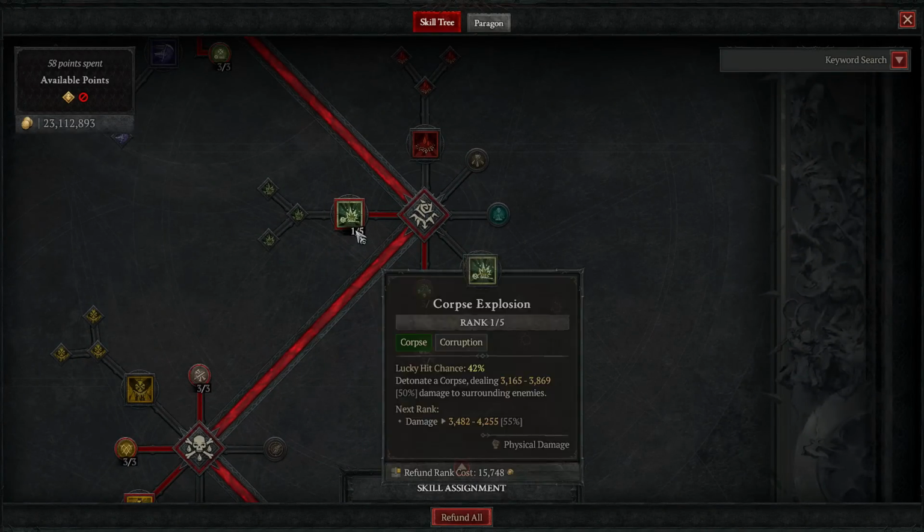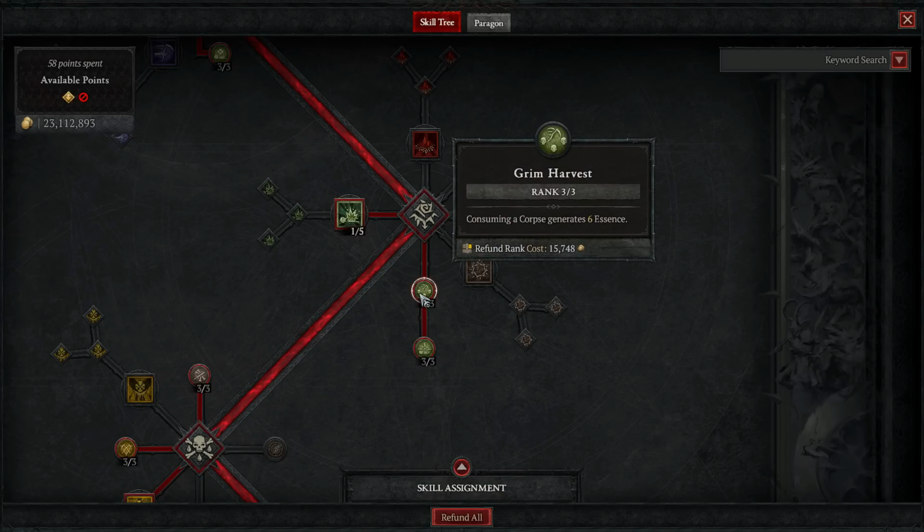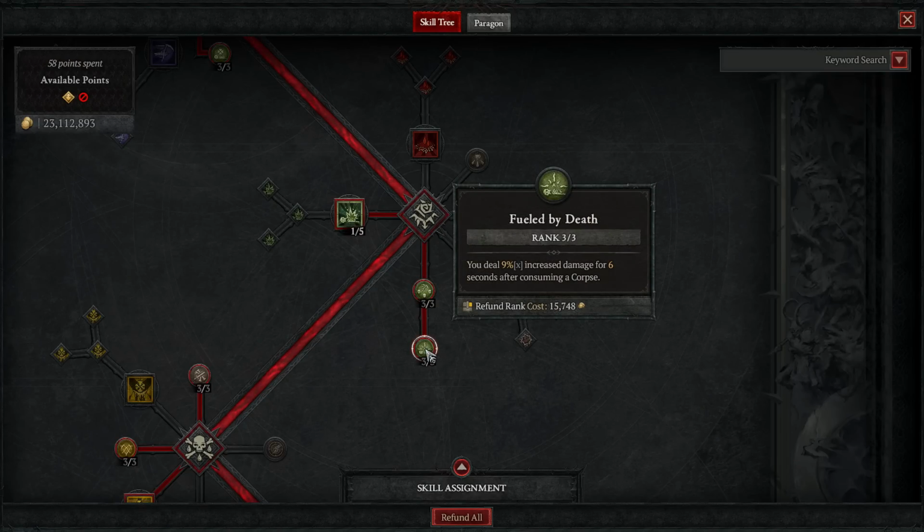Down on the next tree, we have 1 point in Corpse Explosion. We just want this for the auto trigger of Corpse Explosion from one of our hearts. This means every time a Corpse Explosion goes off passively, the damage doesn't matter, but it is giving us 6 essence every time, which is major. We want to generate as much as we can get,